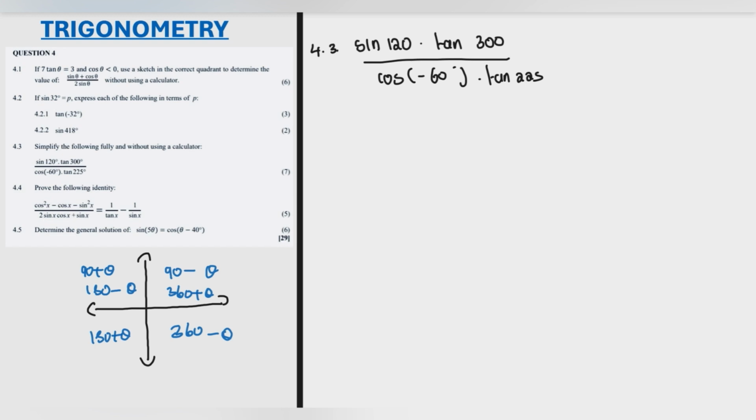So looking at the first expression, which is sine of 120. So sine of 120, if we say 90 minus 120, we get 30. So that means that we have sine of 90 plus 30. Sine of 90 plus 30 will give us sine of 120. Right, now going to the next one. Tan. So there we have tan of 300. So tan of 300, we can break it down as 360 minus 60. Because 360 minus 60, we're just going to have 300, all divided by